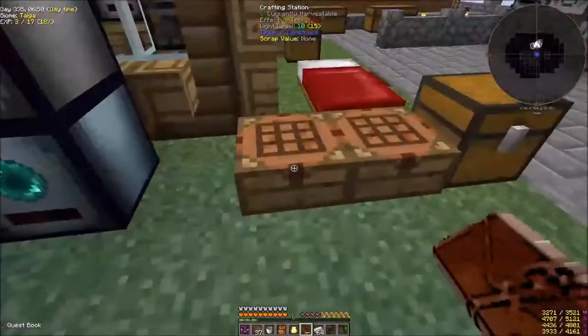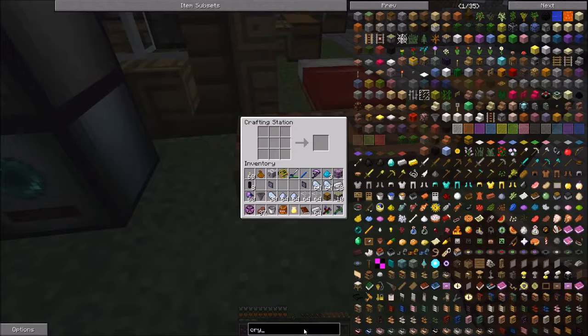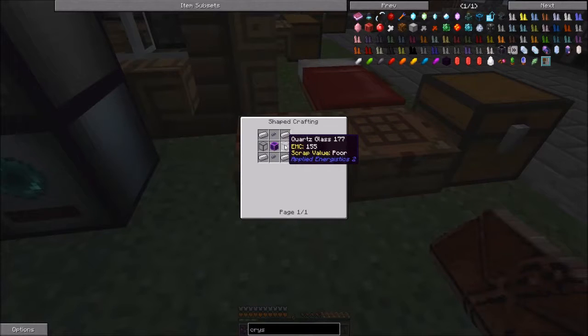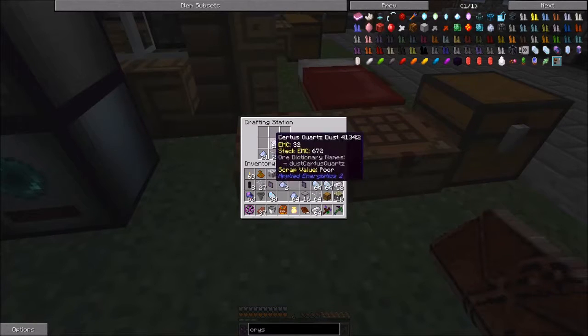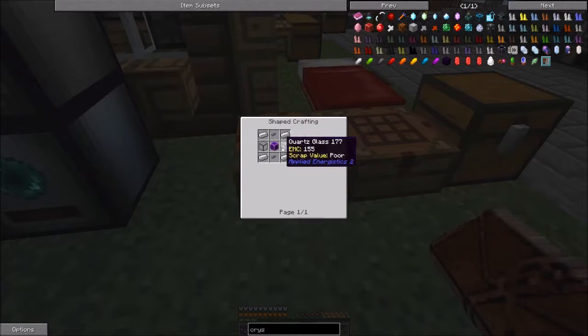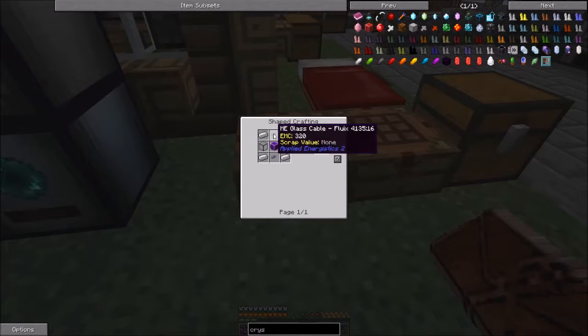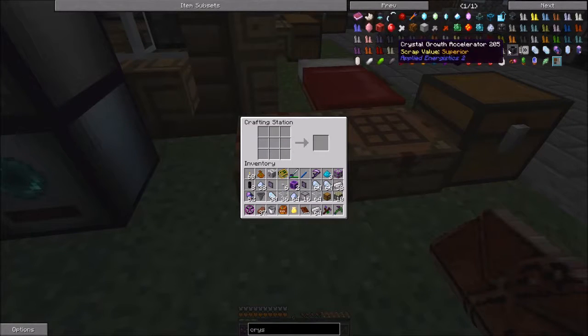Alright, so we need to find the crystal growth accelerator, which is this right here. So we need to make some of those. Go ahead and make a few of that up, because we're going to need them eventually anyways. We need to make one of those. And we need to make some of these. We'll start with that. Go ahead and do that. So this should make...